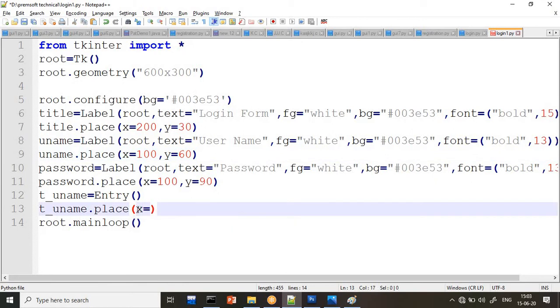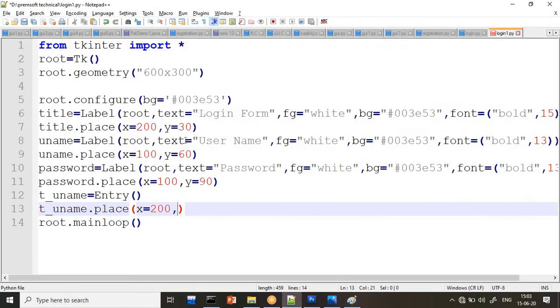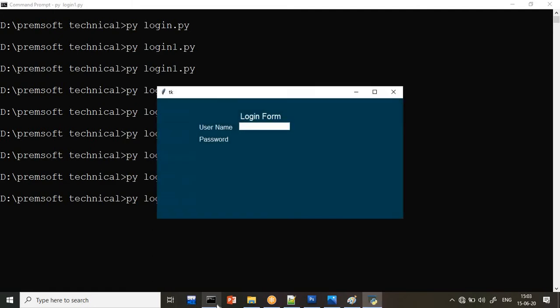x equals 200. Okay, comma y, how much should I take? This uname is 50, so obviously this is also 50, because it should come in the same line. So how much is here? y 60, so you take it here 60 only. y is equal to 60. So what will happen? Both the things will come in one line. So just cross check whether perfectly placed or not. Yes, absolutely. Now what we have to do?